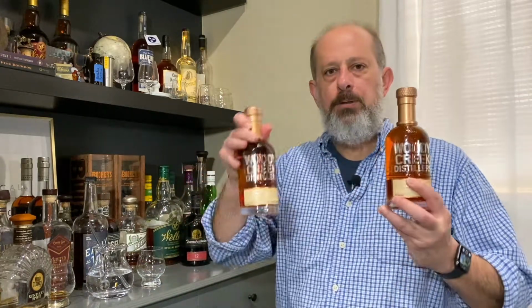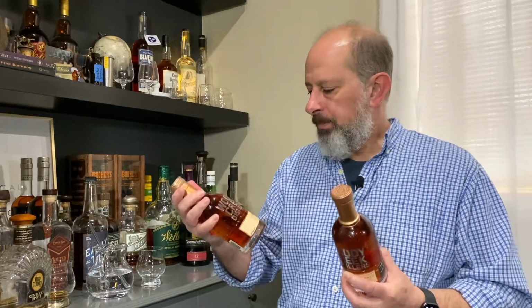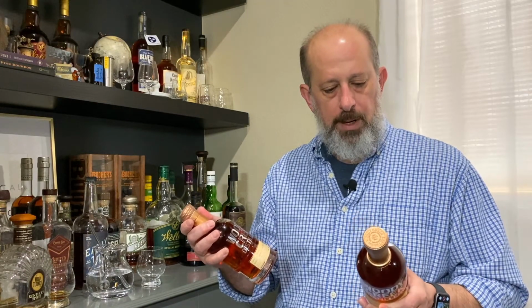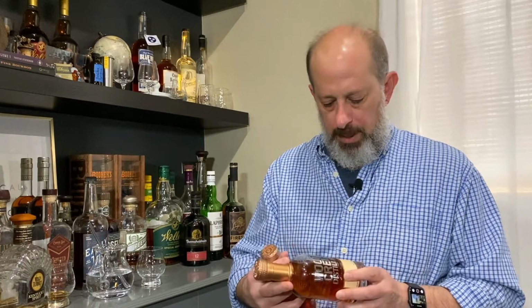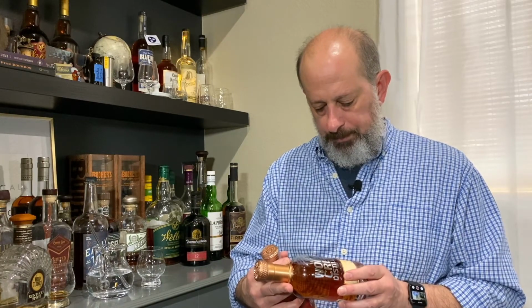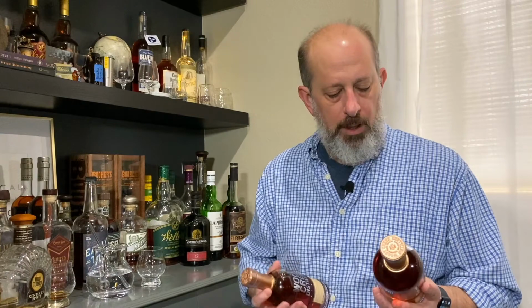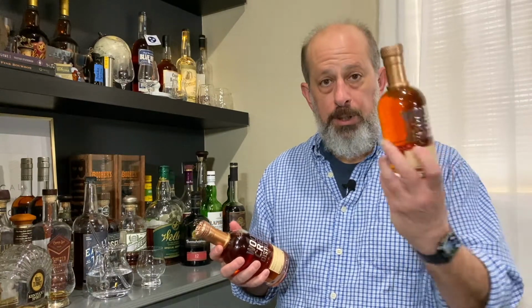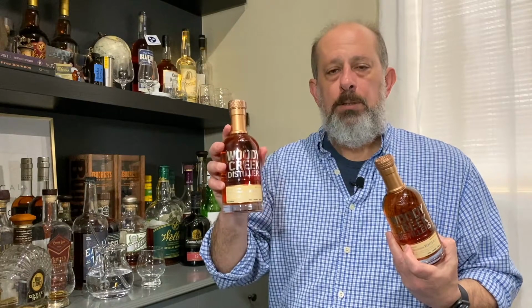In that pack, you had a choice to get all 750 milliliter bottles or a couple of smaller bottles. So I did the 2 smaller bottles of the Woody Creek. These look pretty much the same. I mean, they were in the barrel and out of the barrel and bottled about the same time. They're both wheated bourbons. They're both single barrels at 120 proof. They are different barrels, though, and different ricks. So they've got fun little names, those who want Woody and those who got Woody. So, you know,